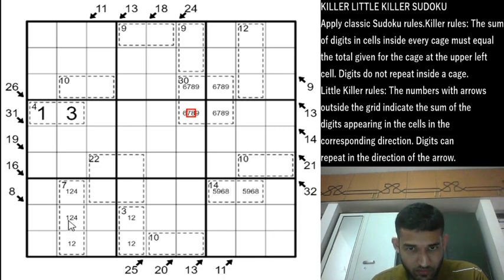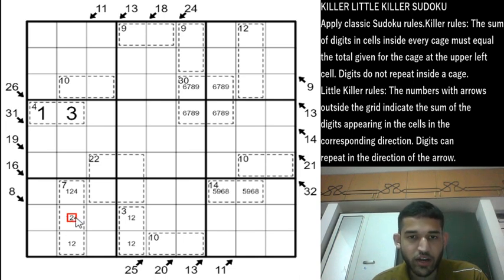Now if you look closely in box 7, in this 7 cage, R8 column 2 and R9 column 2, these two cells cannot both have 1 and 2, because if this cell is a 1 and 2, then we have a 1-2 pair here, which means that 1 and 2 will be removed along row 8 and row 9 columns 7, 8 and 9, and 1 and 2 will be forced in these 3 cells, but we can have only a 1 or a 2 here, and 1 and 2 cannot be here.